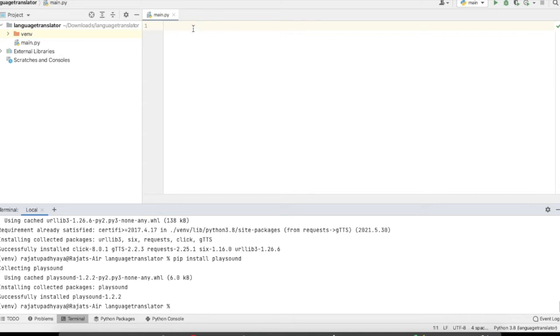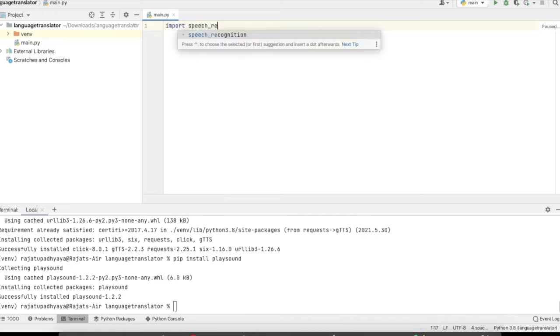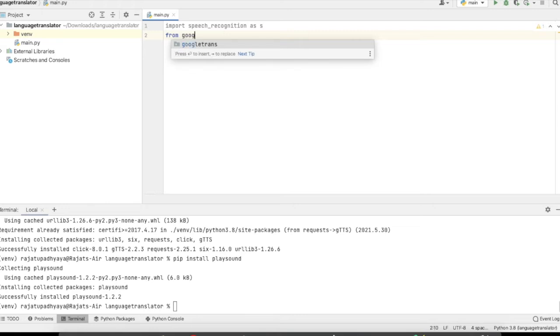So now we are going to import all the libraries here. So first we are going to import speech recognition as s. Next we will import the translator from Google Translate.